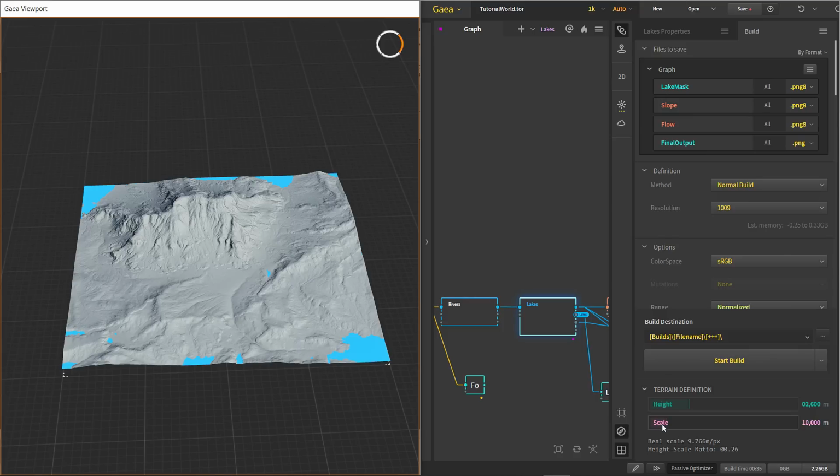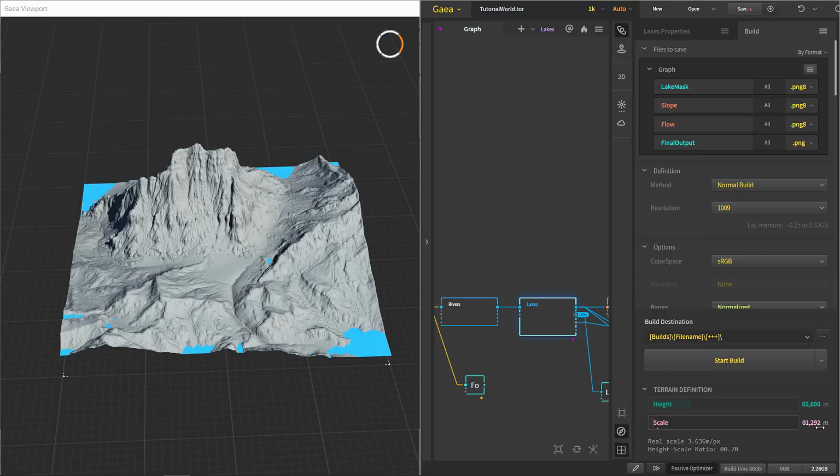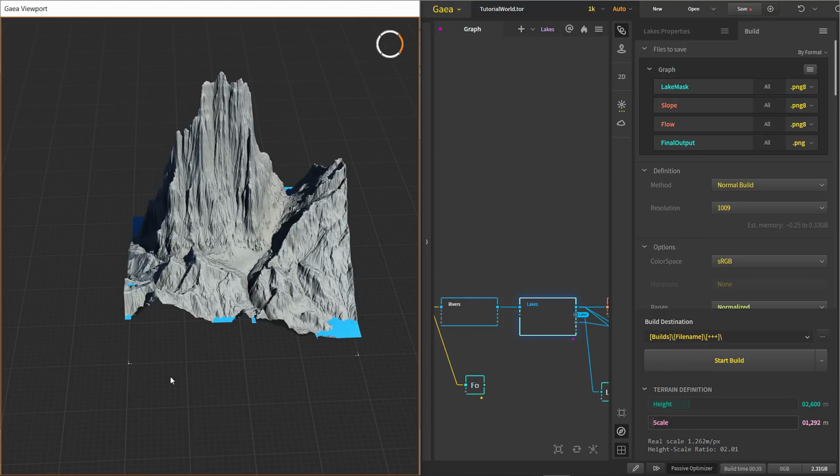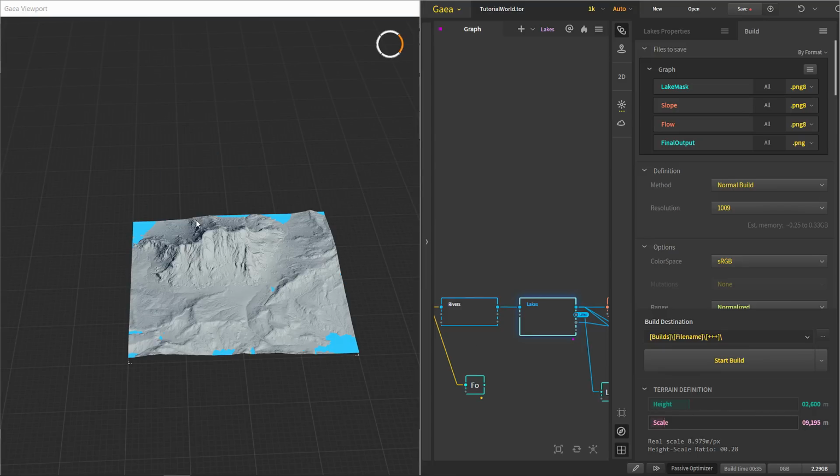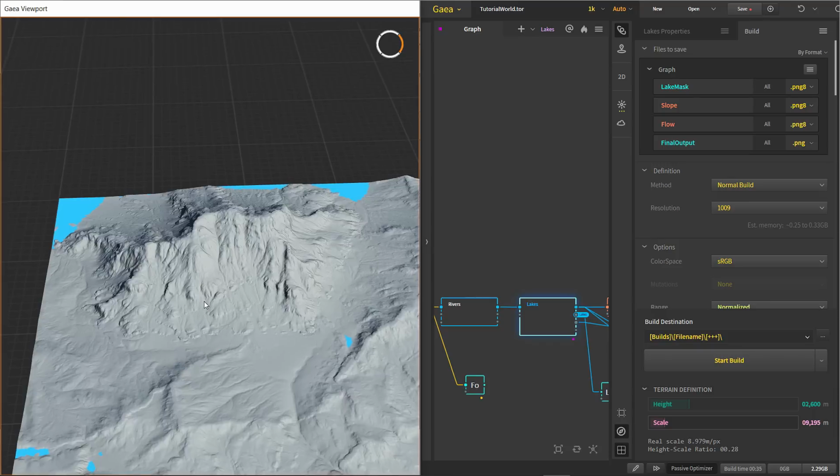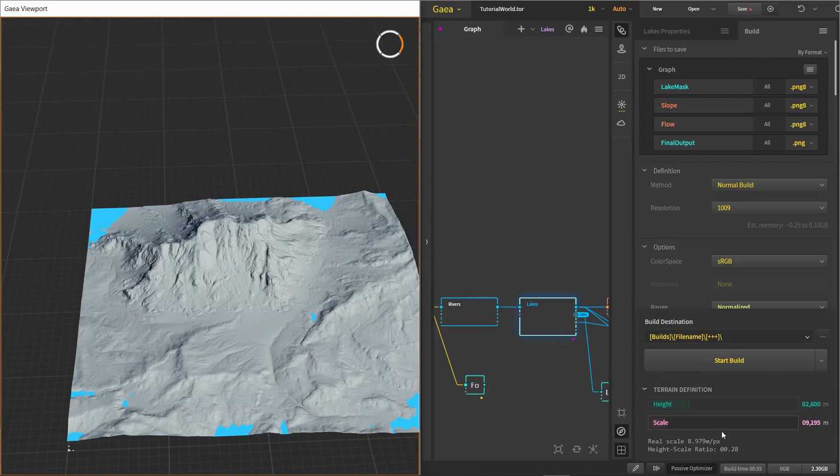Here you can change the scale at any point in your workflow. Let's say change the scale to 1000 meters. Now the actual dimension of the square will not change, but the landscape now is 1000 meter by 2600 meter in the height. So that's why it's looking taller when we decrease the landscape and looks shorter when we are increasing the scale. The height is still the same, it's just a matter of visual which is changing. So now let's go back and change the scale to 10,000 meter.